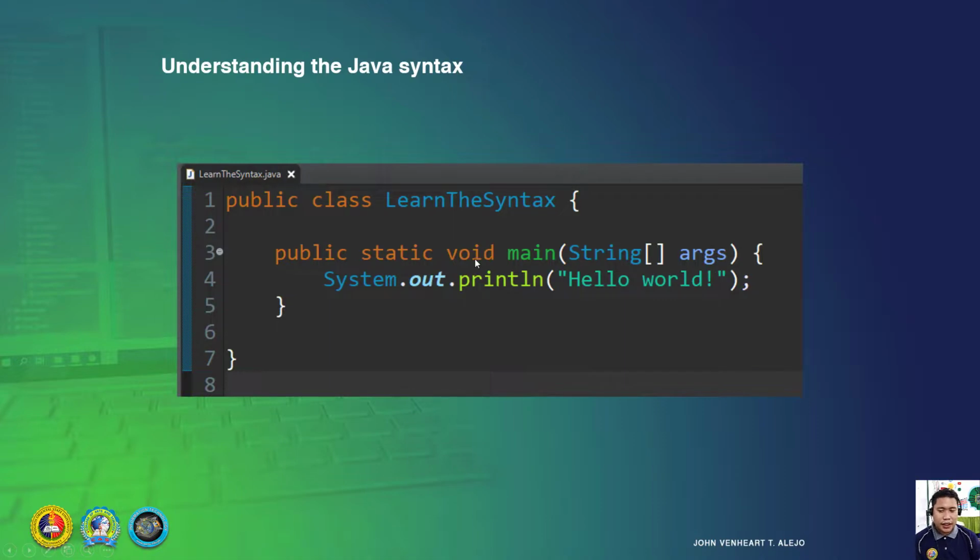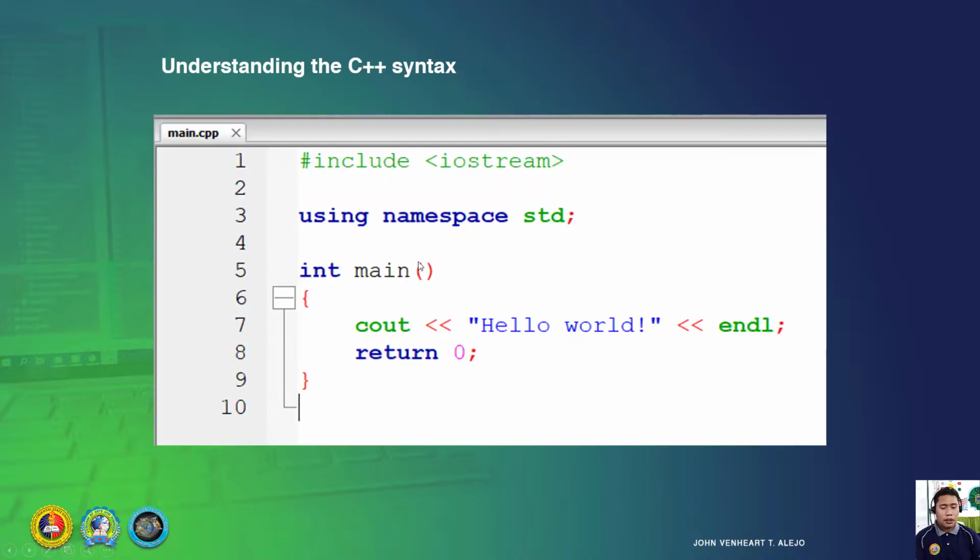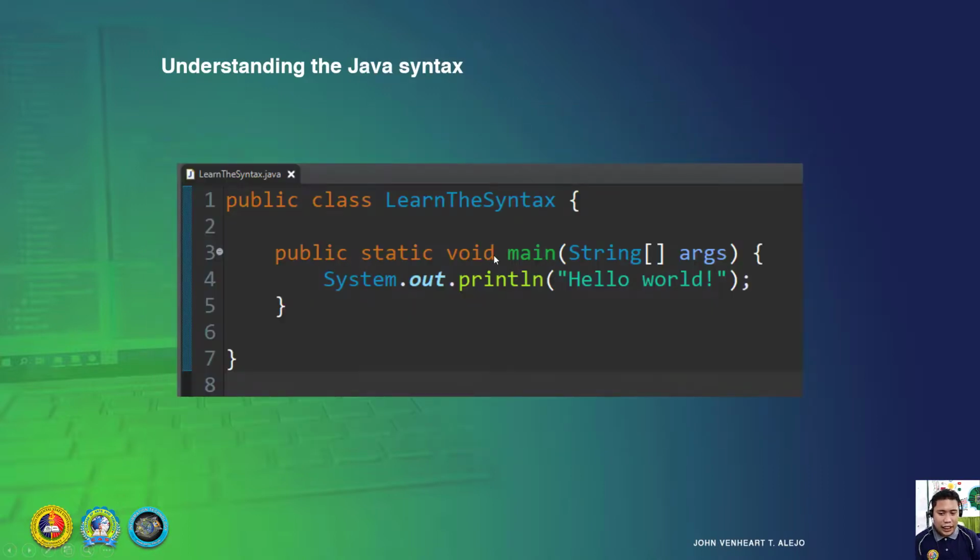We have void. This is the data type. And this is now the name of the function. Not the same with the C++ that the default data type is integer. Ang dire is void. Void means empty.